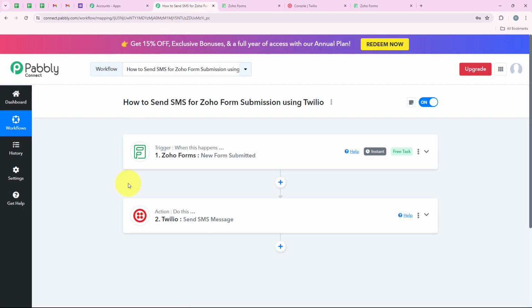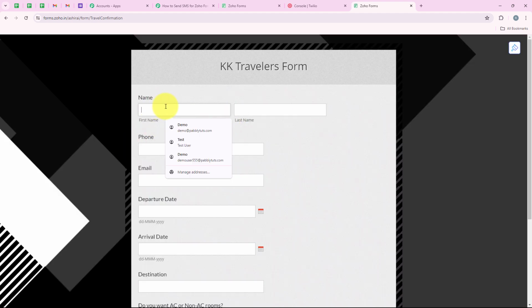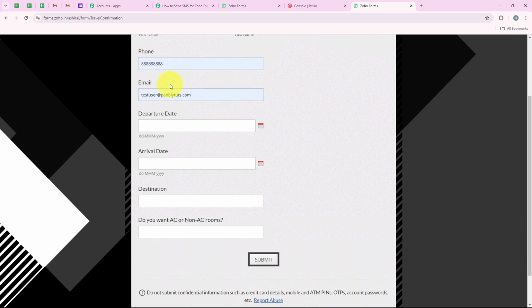So yes, with this our workflow is successful, and I'll just test the workflow once, and this time I'm going to give you a real-time example. So to do this, I'm going to open my Zoho Forms. We are going to do another test submission so that we can check if our workflow is working in real time or not. So I'm going to enter the details as this. First name as test, last name as user, the phone number as this. Over here, the email is